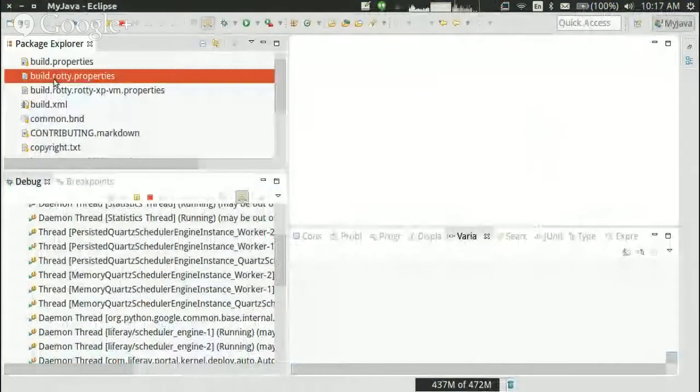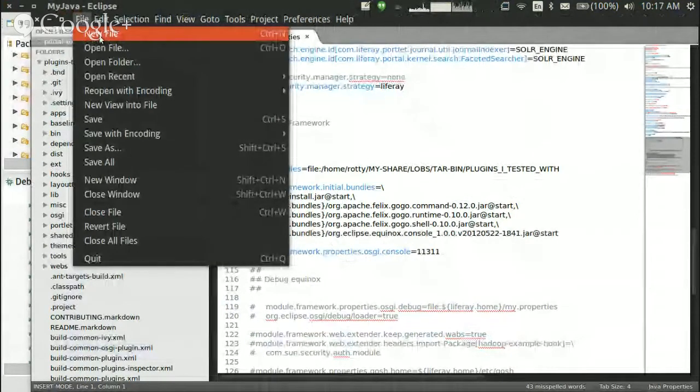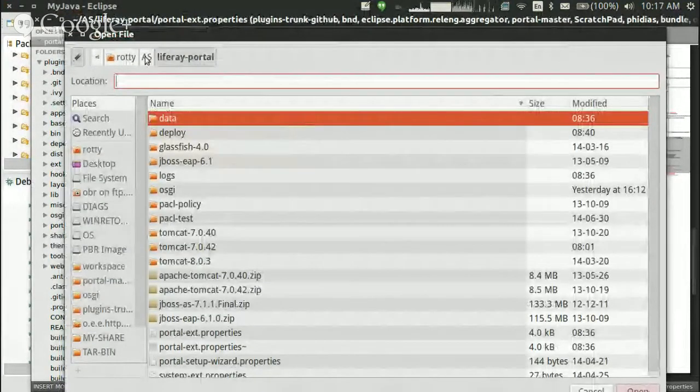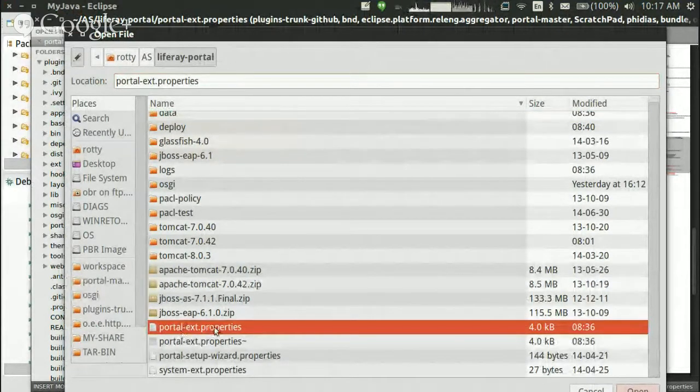So if we go back to my IDE, and I'm actually going to open the portal-ext.properties. This portal-ext.properties here is the one that's in my Liferay home, and I have set as the override. So wherever you have your portal-ext.properties set is irrelevant. Just open that guy up,